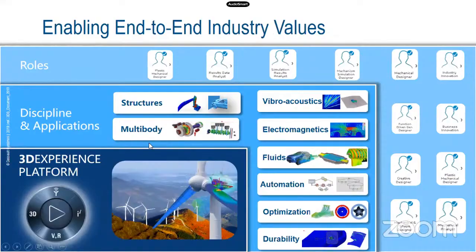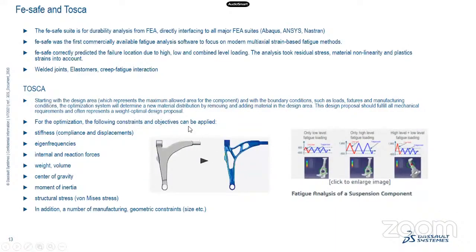Another thing is Tosca. You see this component will satisfy the stiffness requirement, but we don't actually need this much material. This is the component after Tosca optimization, and it will also satisfy the design requirements. So how do you reach this level from this? There are different methods like stiffness based and eigenfrequency based. It's a non-parametric kind of optimization tool. So Tosca is for this kind of analysis.